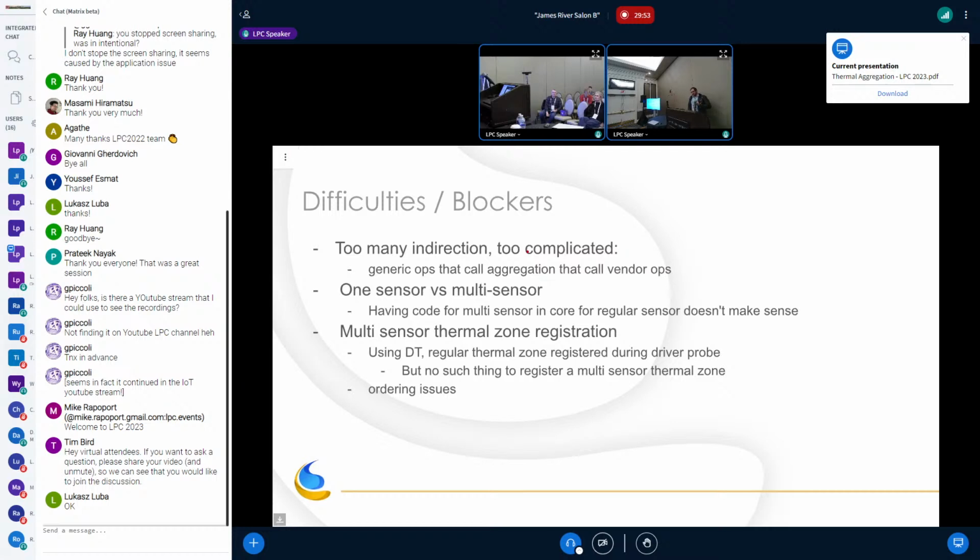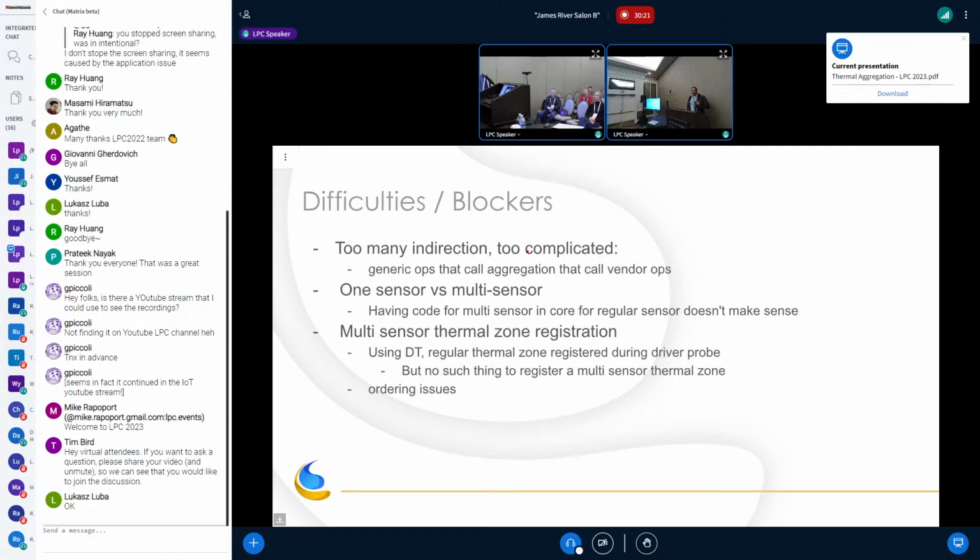So what I did was a kind of workaround to be able to register sensor thermal zones from the driver. How to explain that? I was registering the expected thermal zone as requested by the driver.